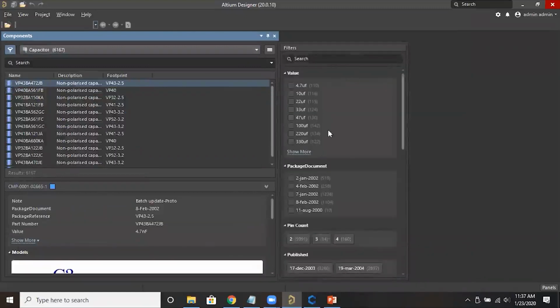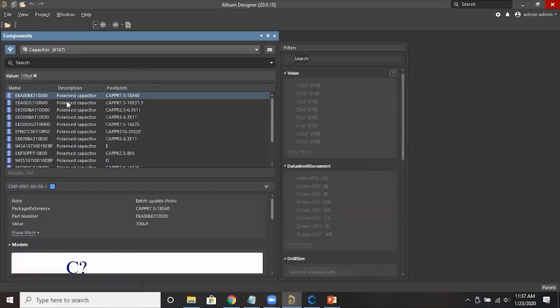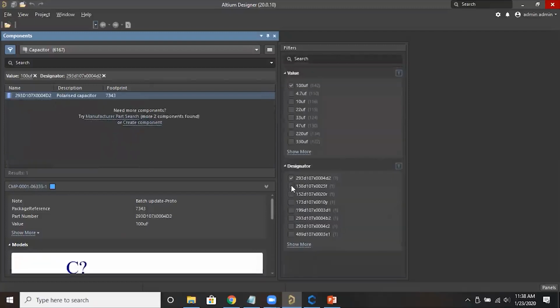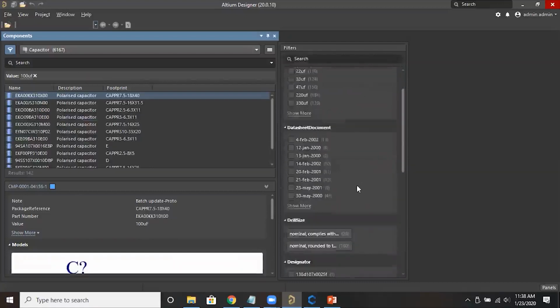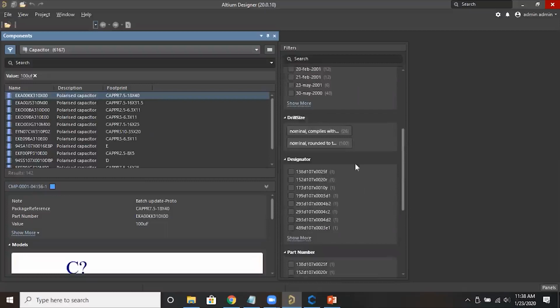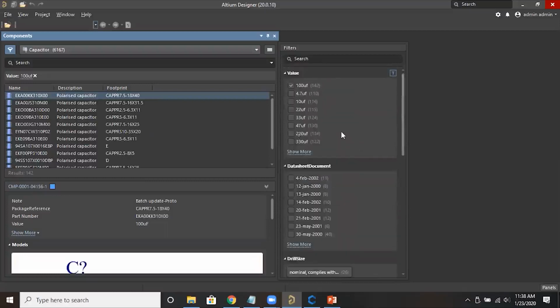See, if you want to select only 100 microfarad capacitors and apply the filter, these are 100 microfarad. And for any manufacturer part number, only one component is there, I think, so we can simply select that. Different size, data sheet number.